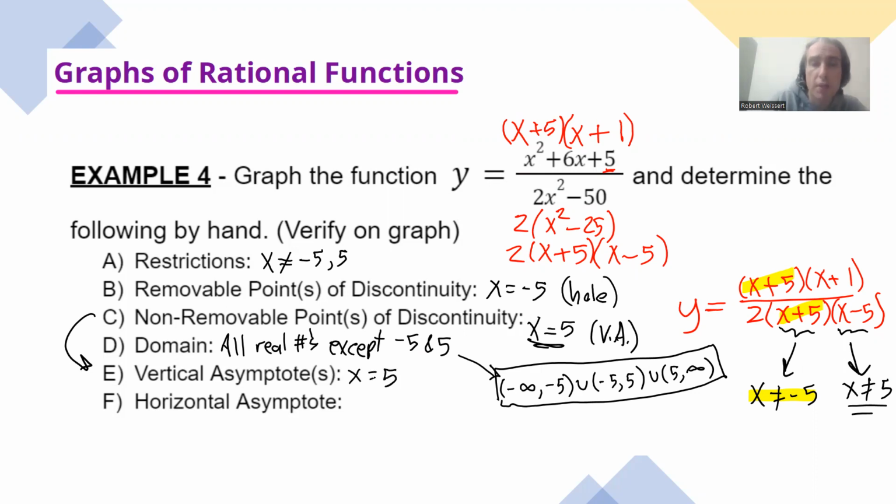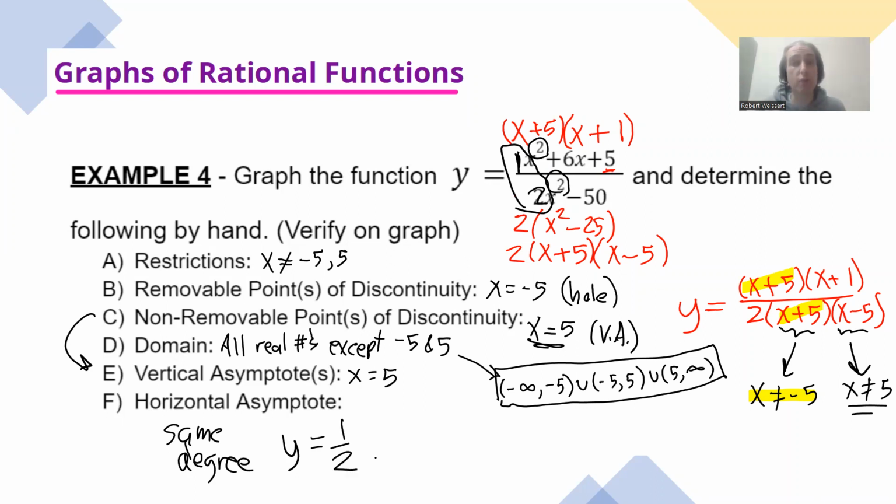And your horizontal asymptote, well, we have a little rule, right? In this case, if you notice, these are both the same degree. So anytime you have the same degree, then the horizontal asymptote is going to be y equals the ratio of the leading coefficients. If you look at my leading coefficients, that's going to be 1, and that's going to be 2. So 1 over 2 is the horizontal line that the graph tries to approach.